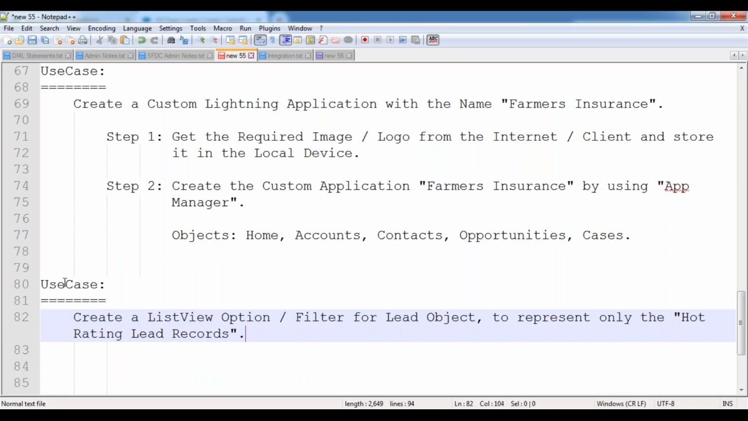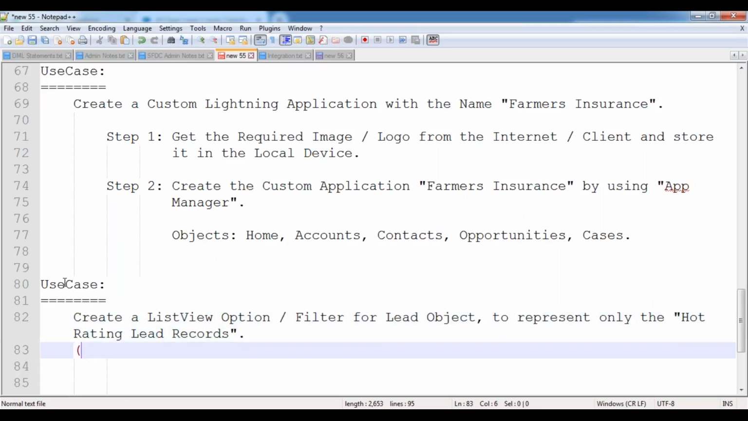Only the heart rating lead records, and the columns to be visible. Like, I want to show the columns. So whenever I'm selecting that list view option, it has to display the records, right? Upon showing those records, I want to display the columns like first name column,